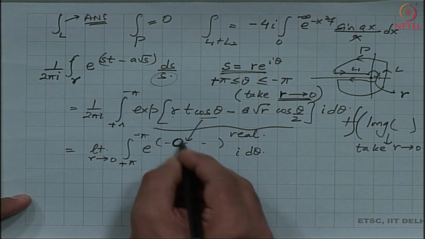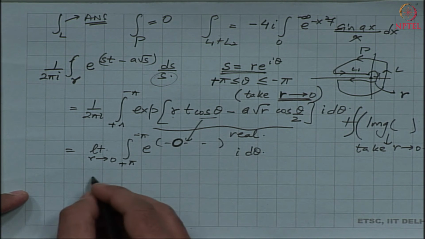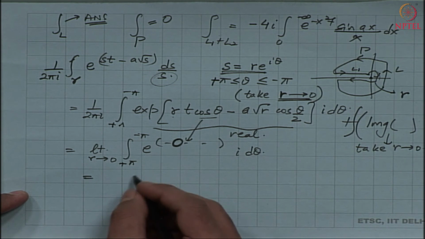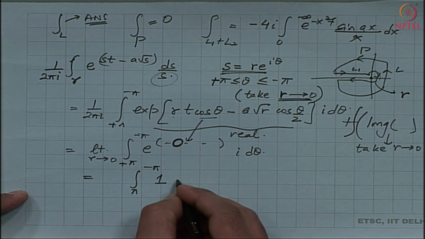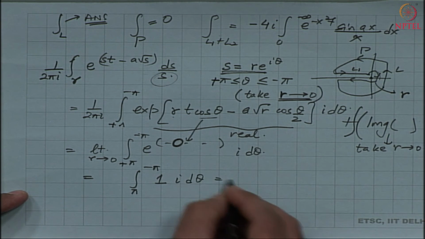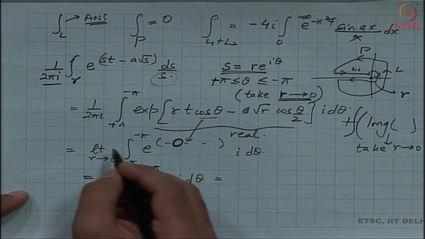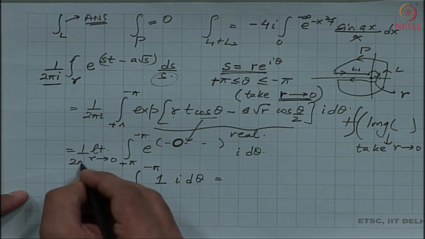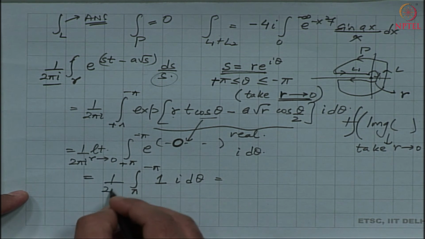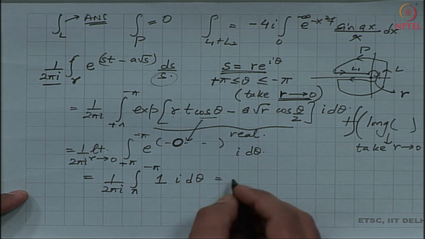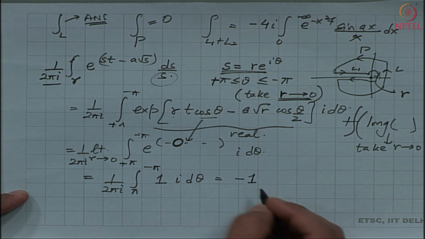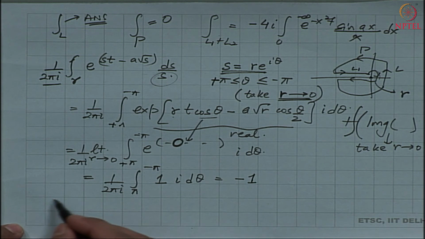So, this is 0, and then all I am left with is from pi to negative pi, this is 1 times i d theta, and there was a 2 pi i also. So, let me just write this 2 pi i. So, 1 by 2 pi i, and I am left with the value negative 1. So, finally